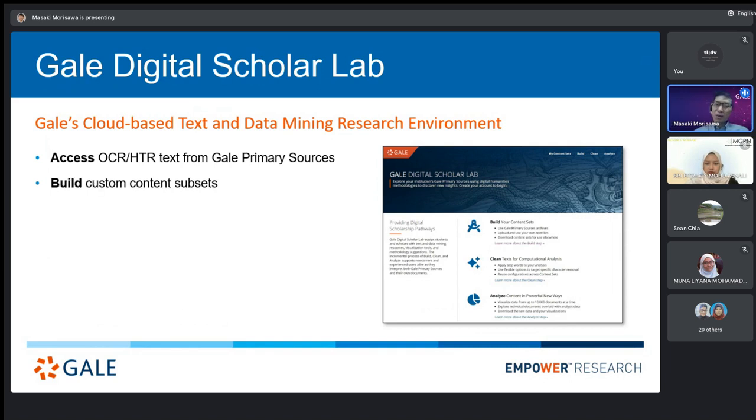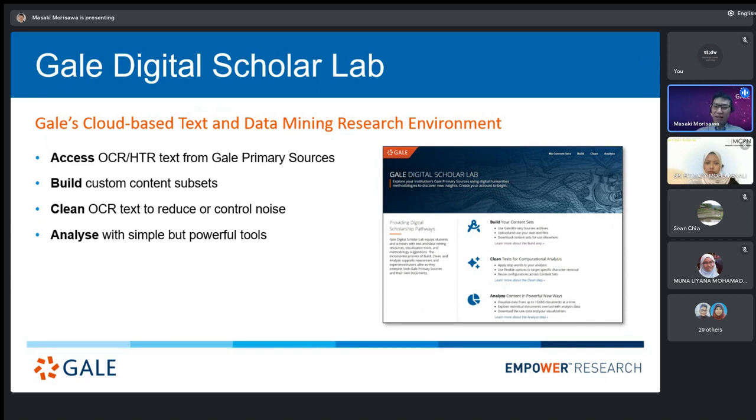And they can build their own custom content subsets by selecting the documents within their Gale primary sources and basically create their own corpuses. And they can also apply cleaning tools, which are built into the platform to reduce or control noise within the OCR text. And finally, they can analyze with simple but powerful tools, but without any necessity of coding or programming skills. If you can use a keyboard and if you can use a mouse, basically you are ready to use the